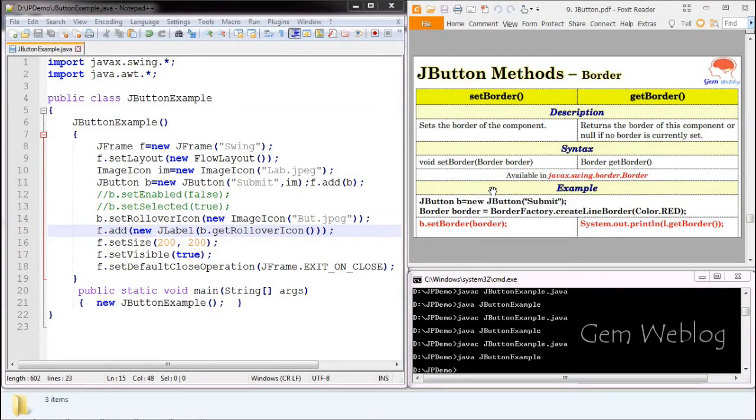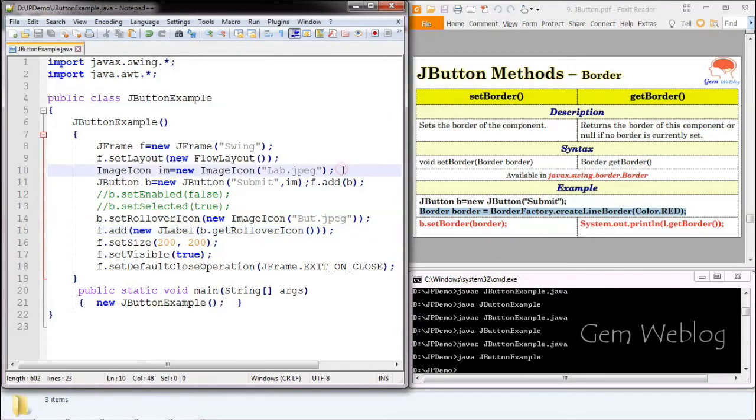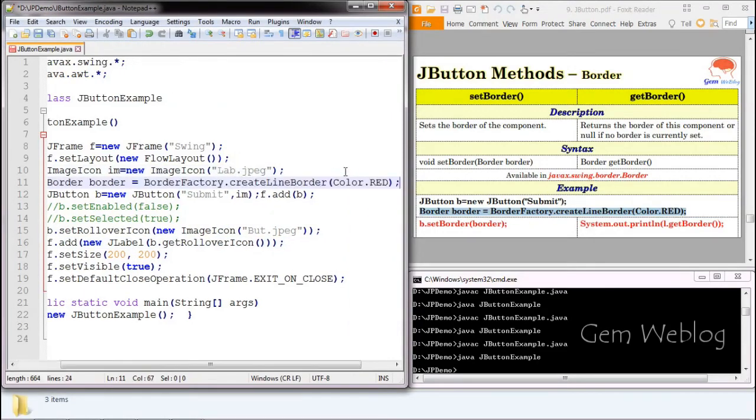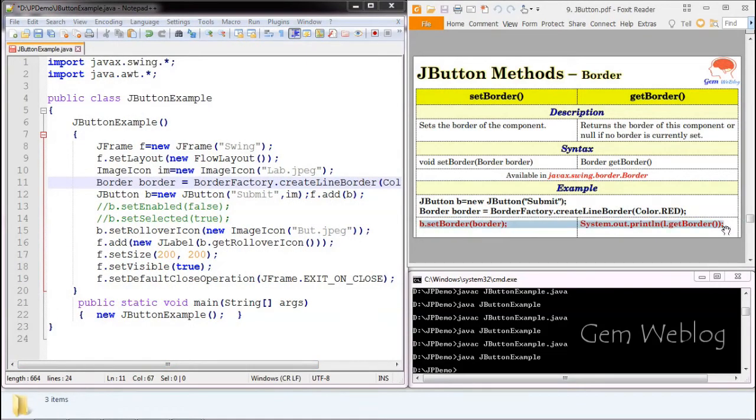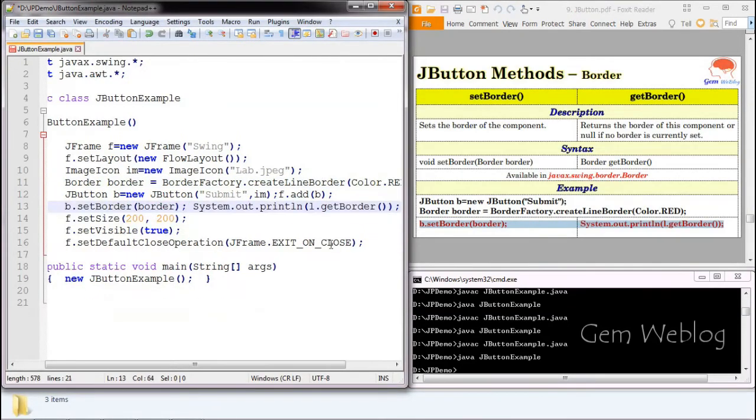Next, we will see how to set the border for the button. For this, we have to create the object for the Border class. Whatever has been created will be passed as the argument for set border, and whatever has been set, it will extract it and display it on the console.